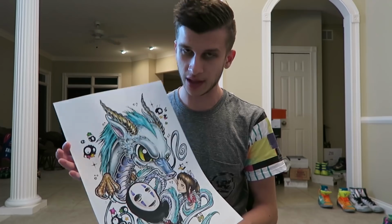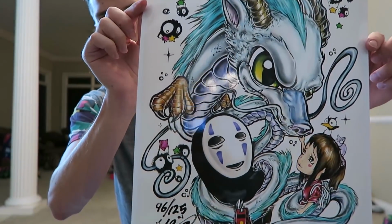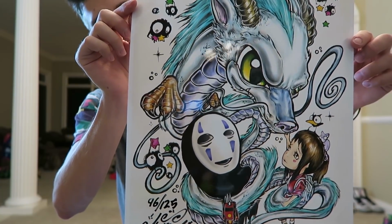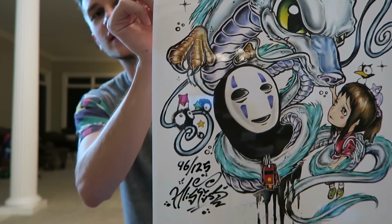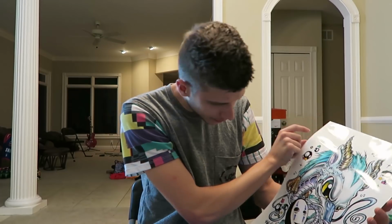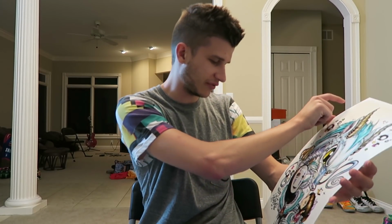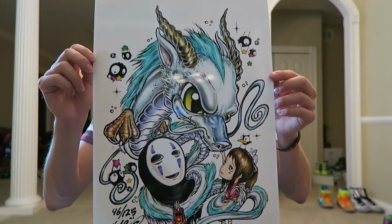This one is a Spirited Away print, which is probably my favorite Miyazaki movie. If you know any of that stuff, Totoro, Kiki's Delivery Service, Howl's Moving Castle, Princess Mononoke. I thought this was really epic. I'm gonna get it framed. It's on nice photo paper. It looks super cool. You've got the big dragon form of Haku, and Chihiro, and No Face, and it's just brilliant. And I think it's numbered. Yeah, 96 out of 125, so pretty limited again, really crisp, clear quality,